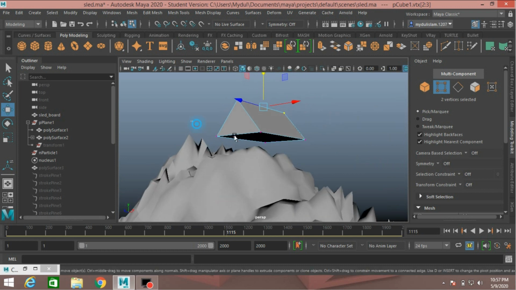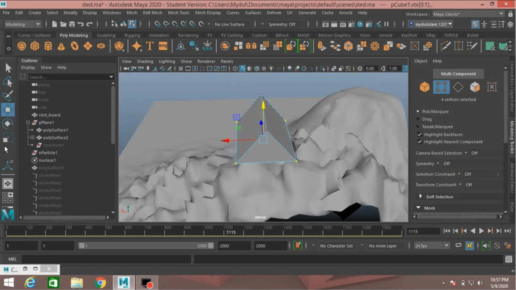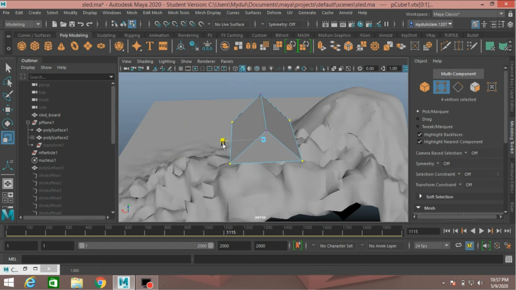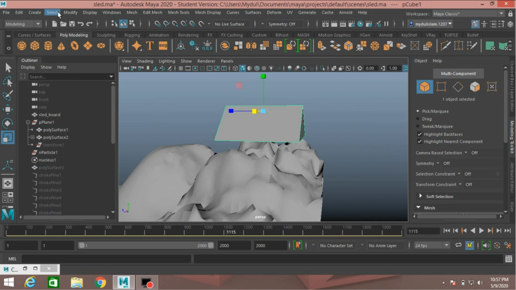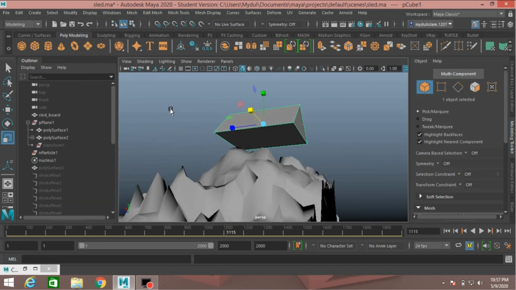Now select this lower vertex, scale just like this, object mode, go to modify, center pivot.